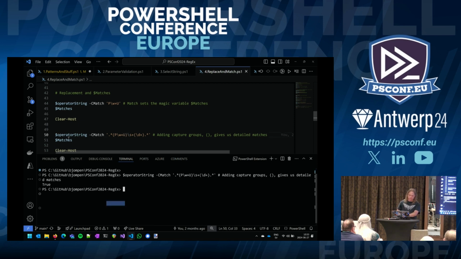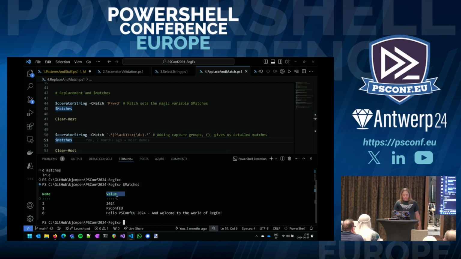So if we do this, suddenly we have our capture groups. The first capture group would be PSConfEU, the second capture group would be 2024, and it's zero indexed, so index 0, the actual complete capture, is the entire string.